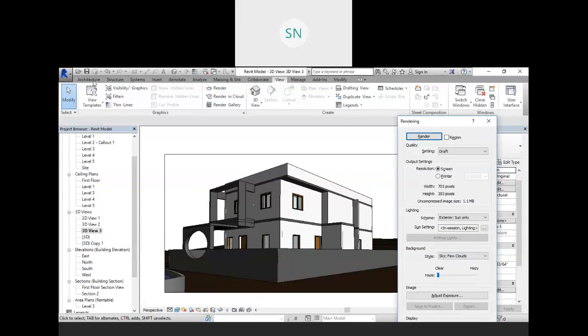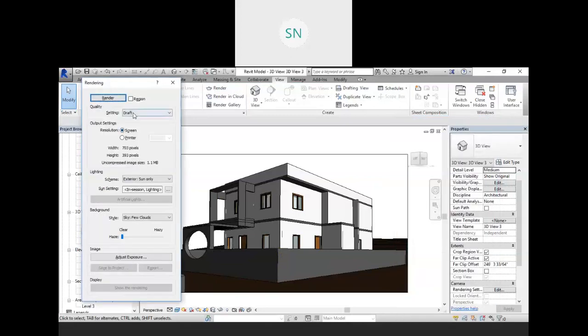Then here we have a quality setting: draft quality, low quality, medium, best, high, and custom also we have. So let me go with the medium one. Also resolution, as per our screen, or you can provide a printer resolution also, 150 dpi, 300 dpi.